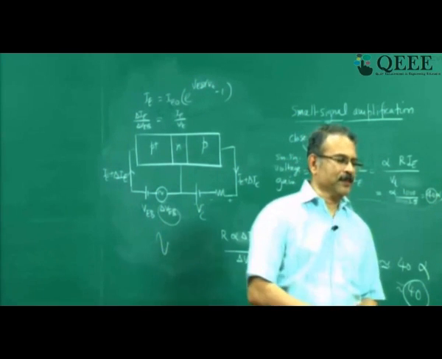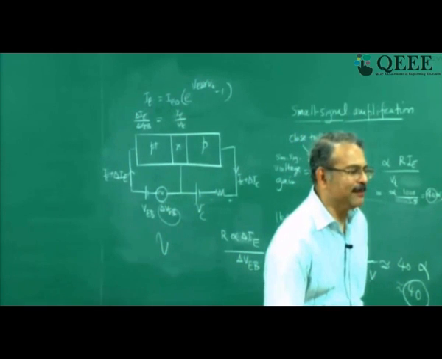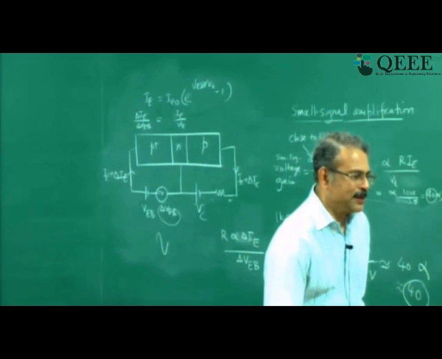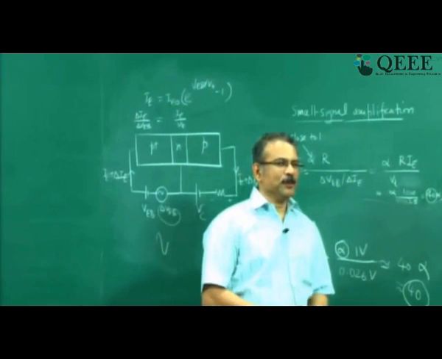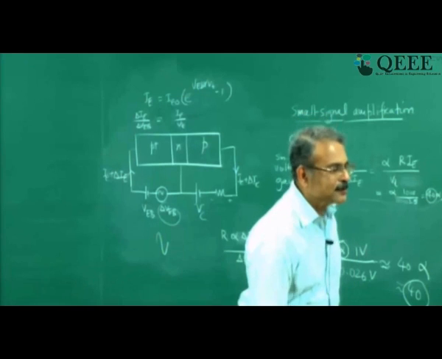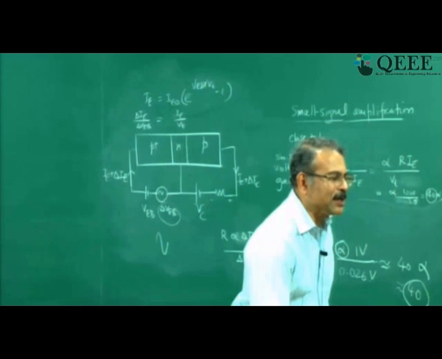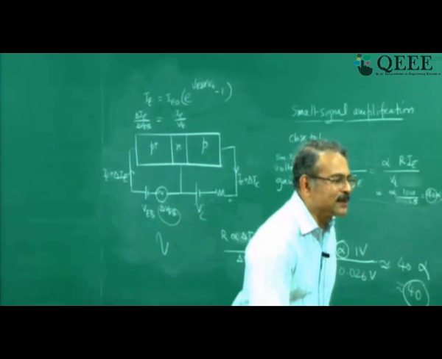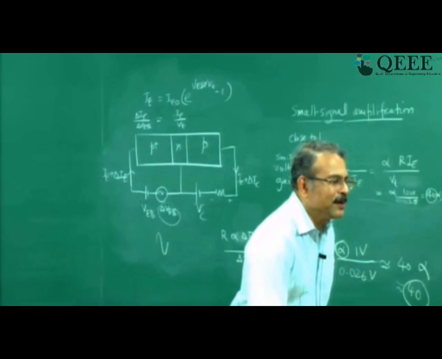Now, we have shown the depletion region on the N side to be very, very thin because this is heavily doped. So most of the depletion region is on the P side. Now suppose we introduce an oxide in between, something like this, between the N plus region and P region. What is going to happen? This depletion region is going to shrink, okay, because of the presence of the oxide in between.